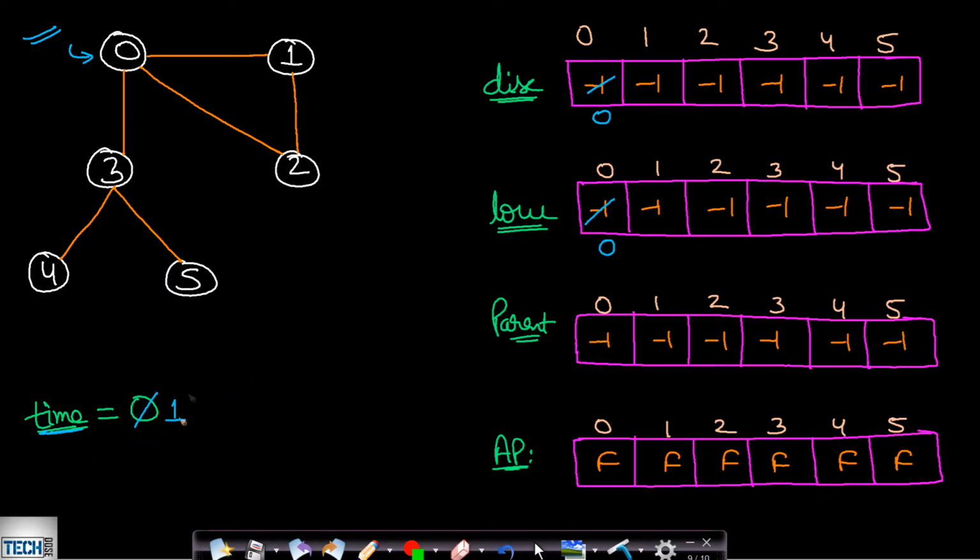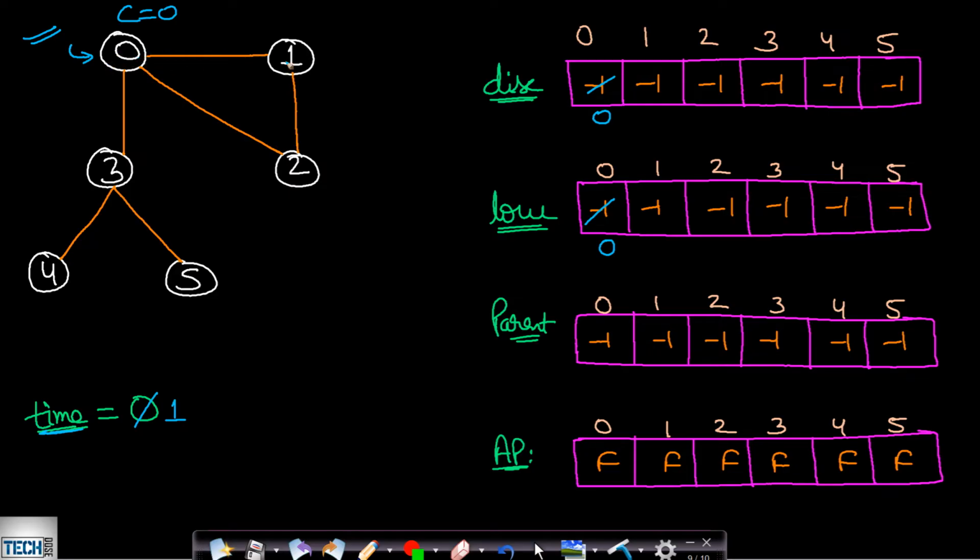Now after updating the timer value, our child count will be equal to 0, because this will take care of case 1. In this case, if the given node is a root node and it has more than one subgraph, then this node will be an articulation point. Okay, so I hope you understood this. Now from this node we will try to explore all the outgoing edges.